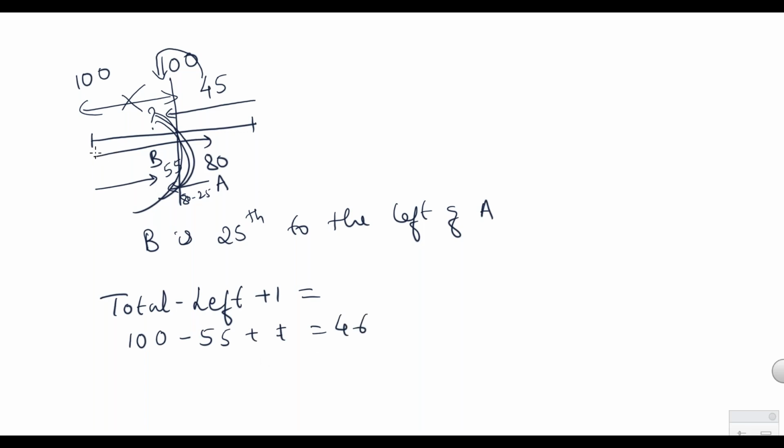Clear, right? So if any one position is given, and one more position with respect to A, like B's position, nth to the right or nth to the left, is given, then you find B's position from the left hand, I mean, whatever the position you already have. Then you find the position of that person from the other end. Clear, right?